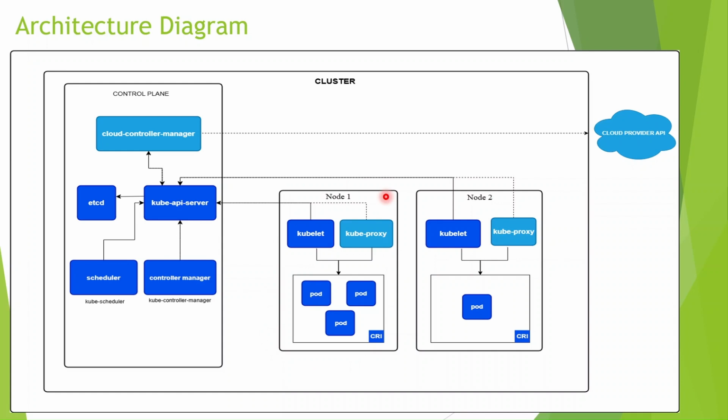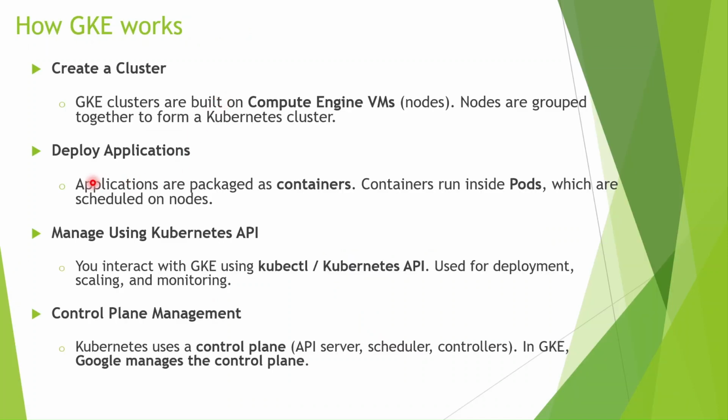And if a VM goes down, it will be recreated by the instance group. So these are the VMs, basically worker nodes, you will find inside your instance group. But you will never find the control plane, because the control plane is managed by Google only and you don't have direct access to it. You cannot log in, you will not even find it in the console.